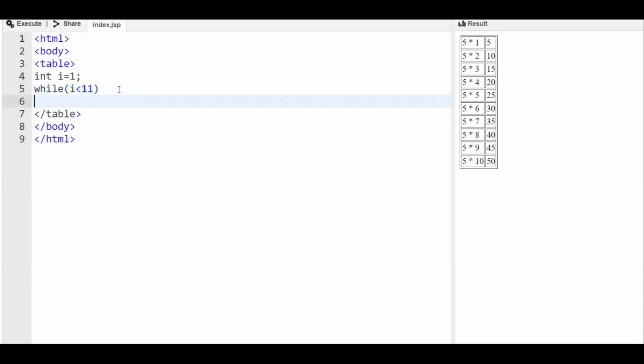Here we will print the row. In each row, first we will be printing the value of I. So we have to open a TD tag. In the first TD tag, we will print the number. Then in the second cell, we will print its square.